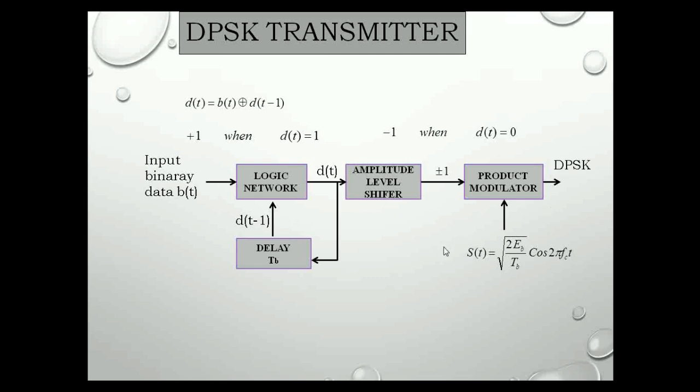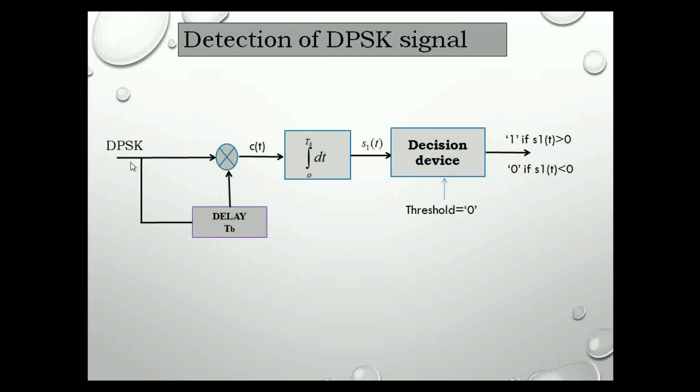So this signal is transmitted and received by the receiver. So this DPSK signal is given to the multiplier. The other input to the multiplier is the delayed version of DPSK signal to generate C of t. So C of t is applied to the integrator, and the output of the integrator is S1 of t, which is given to the decision device. So the decision device will be having a threshold value equal to 0, and it will be deciding in favor of binary 1 whenever S1 of t is greater than 0, otherwise